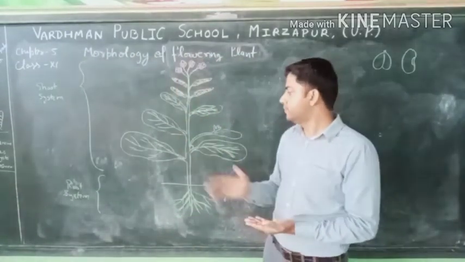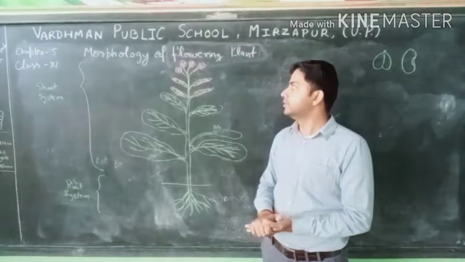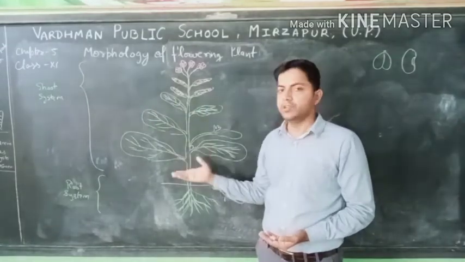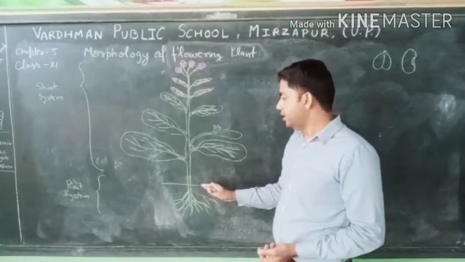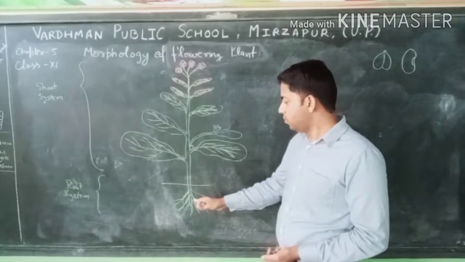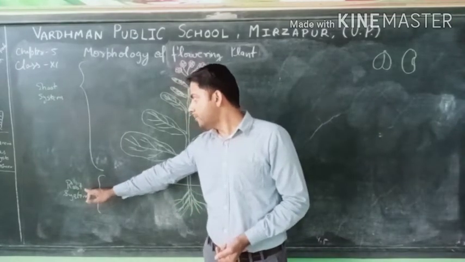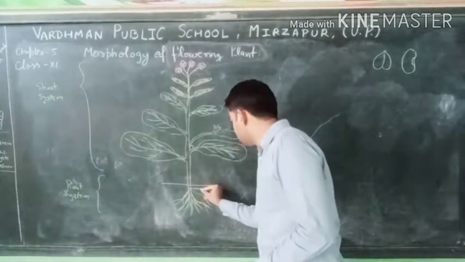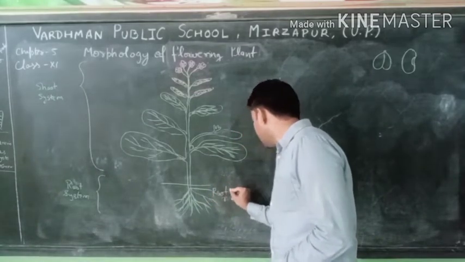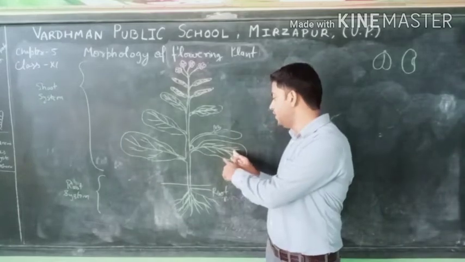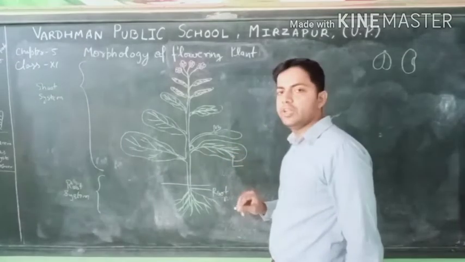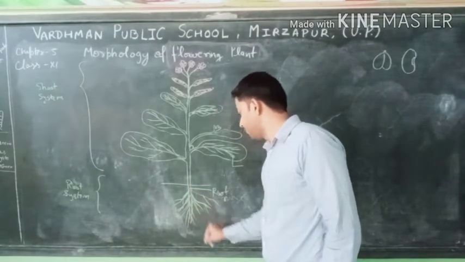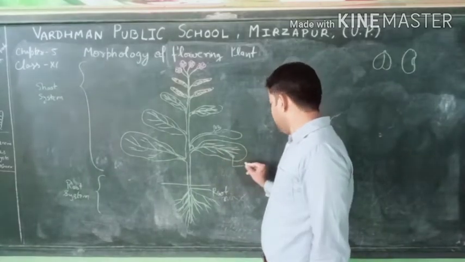Okay, first of all, this is a plant diagram, and we are trying to understand the morphological parts of the flowering plant. As we see here, this is a flower diagram. The lower part is known as the root system, the upper part is known as the shoot system. The root system consists of root. If we see the pattern of the leaf here, it consists of a reticulate type of leaf pattern. It means this plant consists of a tap root system. Okay, now this is the leaf.